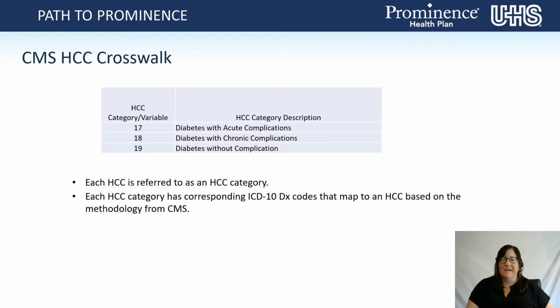Here's an example again of the CMS-HCC crosswalk. It gives you the HCC category, which is the variable. In this case, we have HCC 17, 18, and 19. And then it gives you the HCC category description. HCC category 17 is diabetes with acute complications, HCC 18 is diabetes with chronic complications, and HCC 19 is diabetes